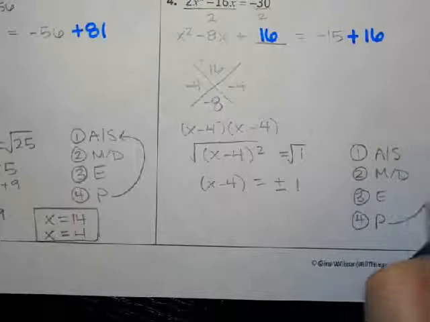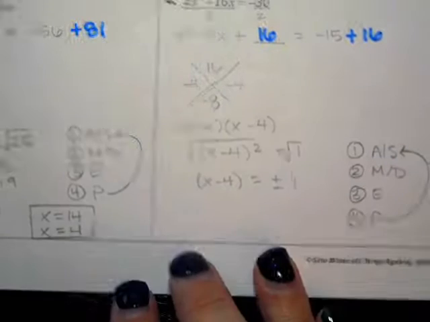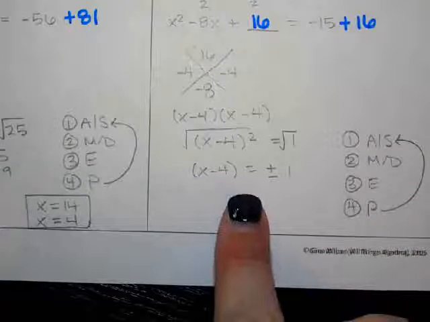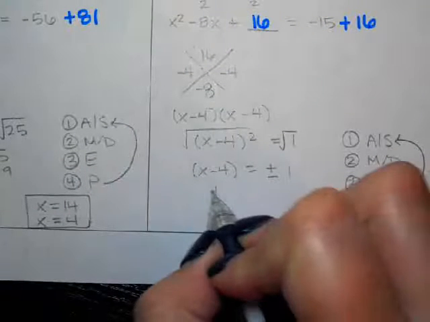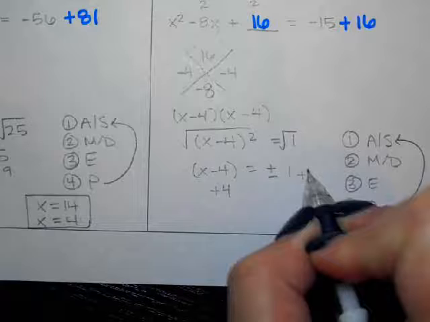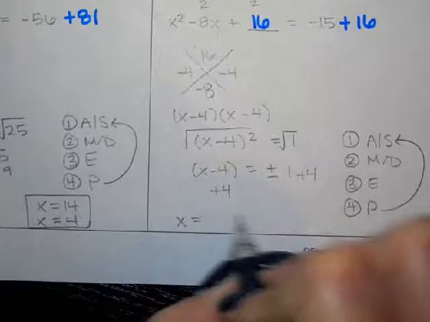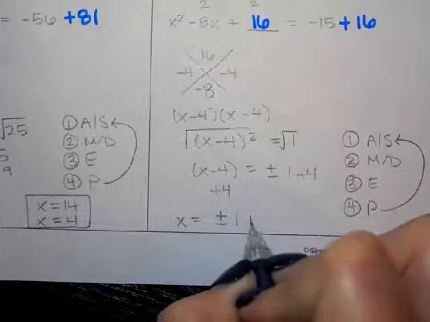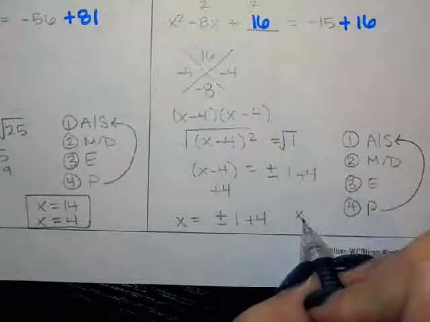And what do we do? Add the 4. So x equals plus or minus 1 with a plus 4 on the end. So if we have a positive 1 plus 4,